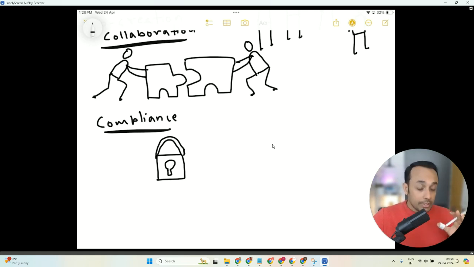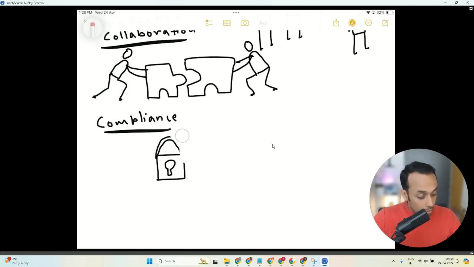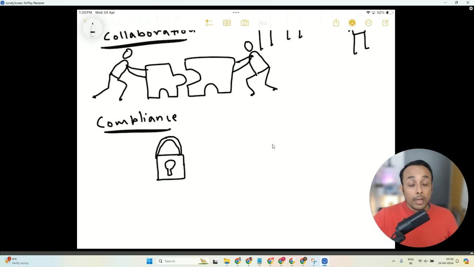You have to draw in geometries, and that's where this is my simplest of lock. Maybe I would like to change the top line, so I will be just making it a little more oval. So this is lock, and now compliance means when people agree to follow the rules,